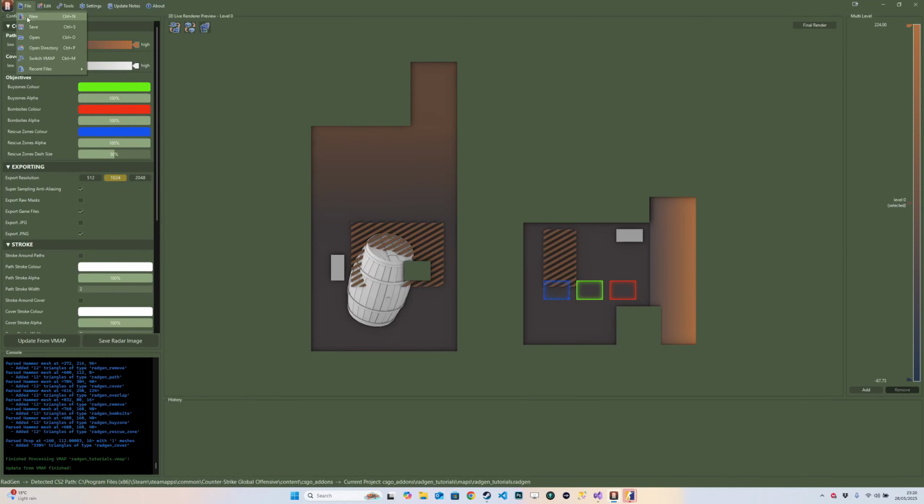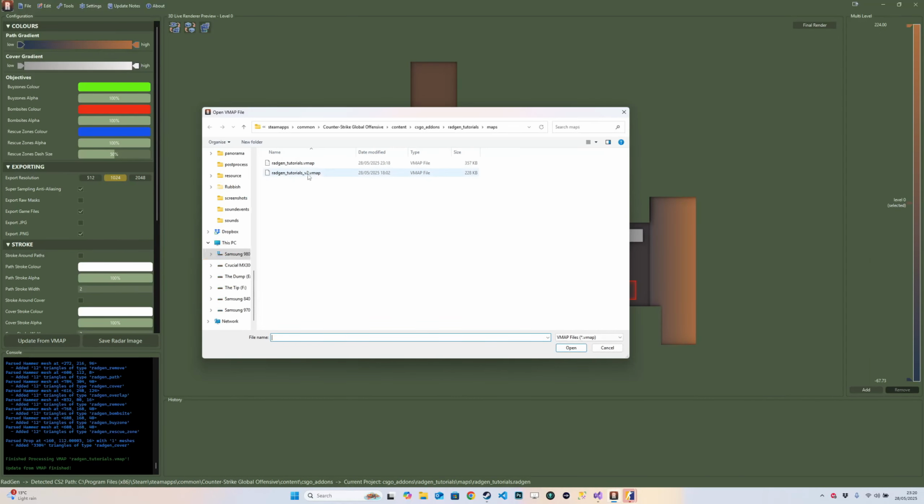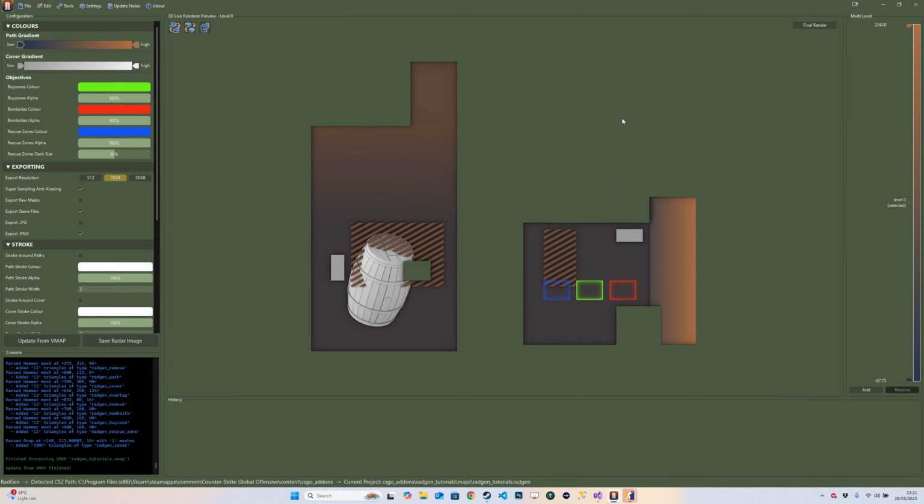What I should quickly say, actually, when you do file new, just make sure you select the appropriate VMAP it corresponds to. That's how you have your project. It basically just matches your VMAP's name and it sits next to it. However, if you're wanting to change the VMAP that a project is pointed at,